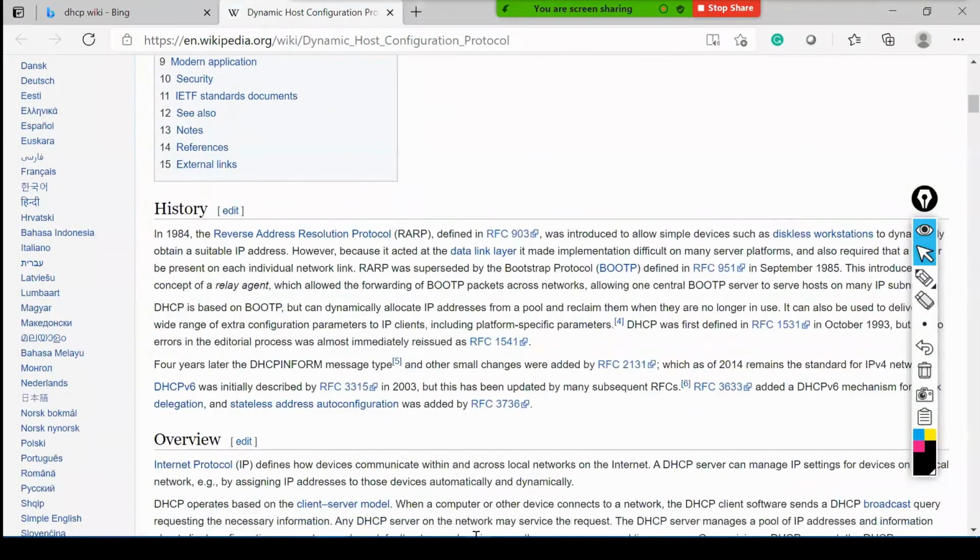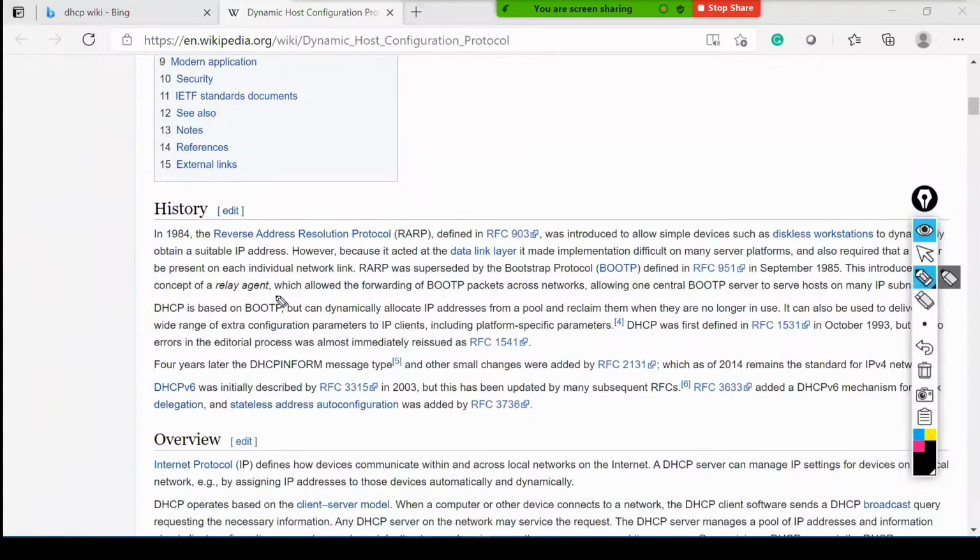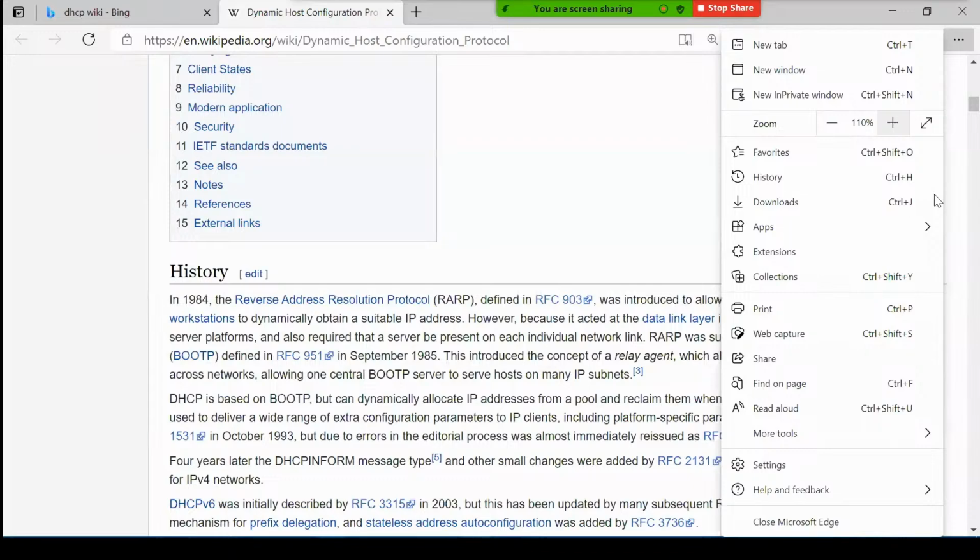ओके अब बूट ट्री से पहले पढ़ लो आरआरपी क्या होता है। दिख रहा है इस विजुअल, फॉन्ट बड़ा कर दो क्या? नॉट विजुअल